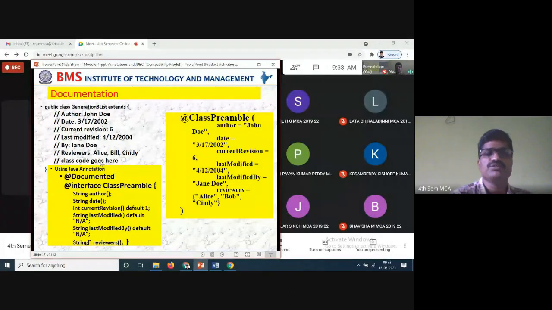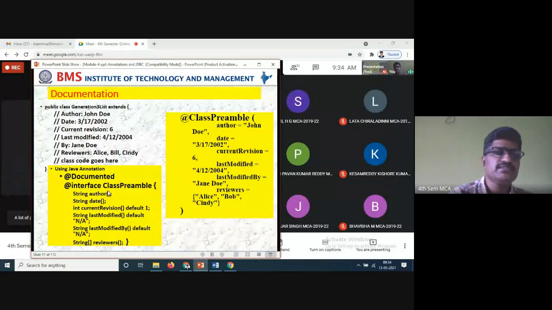So how to write the code for the annotations: @Documented, @interface, and class Preamble. We have taken the Preamble class, and we need to define the data types. Here we have taken different types of annotations. We have learned single-value, double-value, multi-values, all these things.